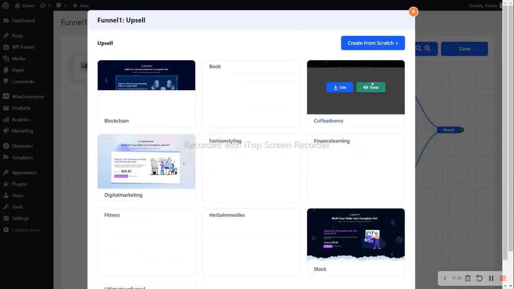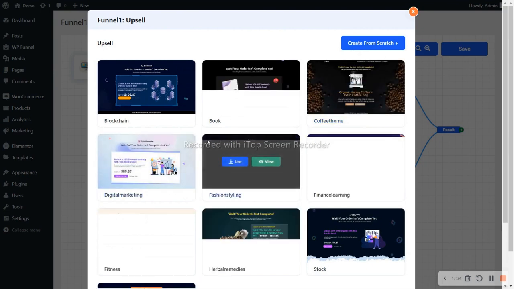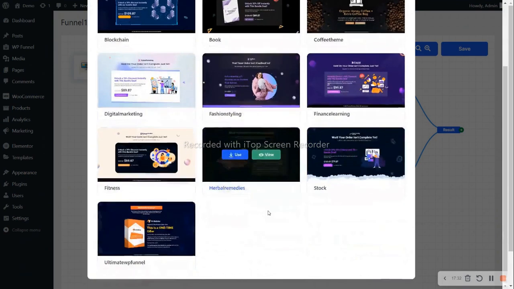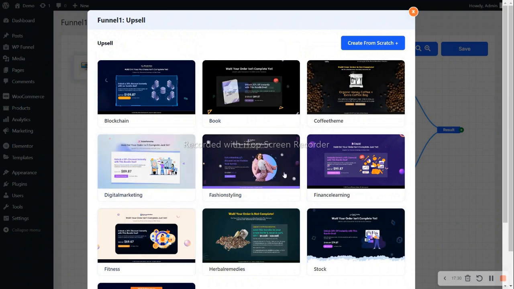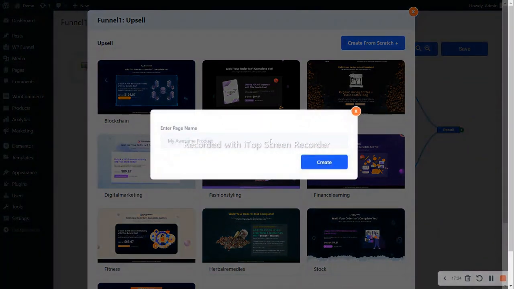So in the upsell page, again we have some pre-built designs that you can directly use for your upsell page, or you can start from scratch. So on start from scratch, you need to enter the name of that page and hit the create button.